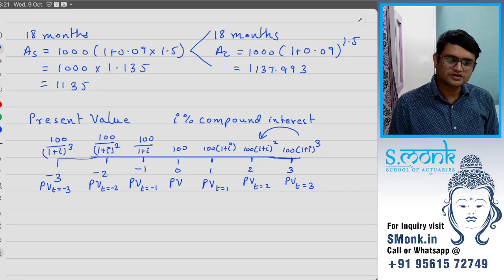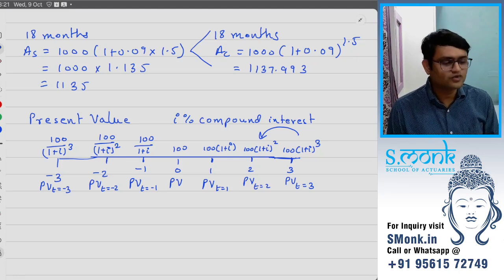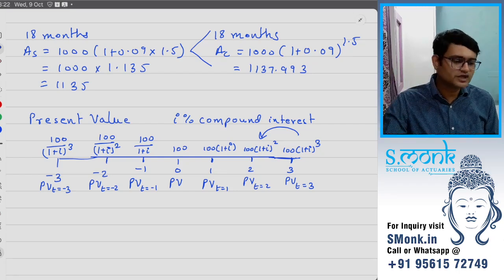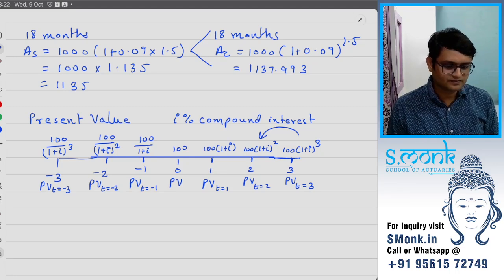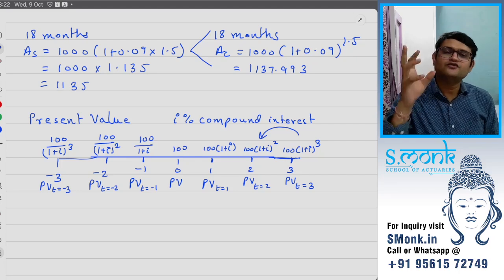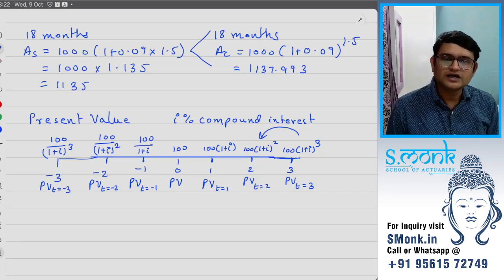Because then logically the concept of the salary that you are receiving today does not make sense with this concept, right? But you might have studied in science that energy can neither be created nor be destroyed. It's a very simple statement. It can only be converted from one form to the other. Similarly, we will be assuming that the value of money can neither be created nor be destroyed. It can only be converted from one form to the other.